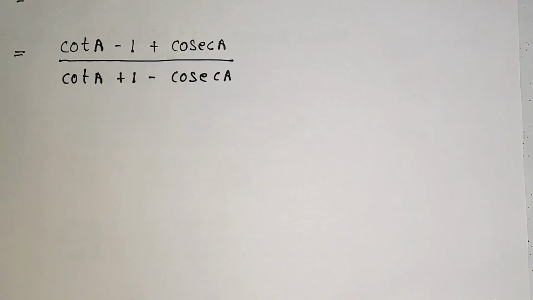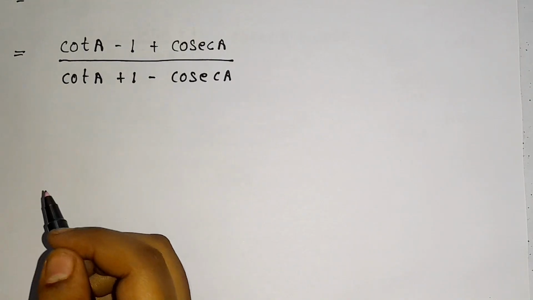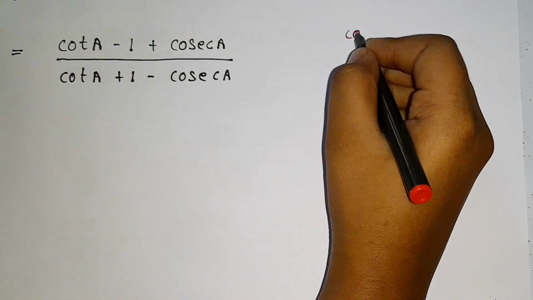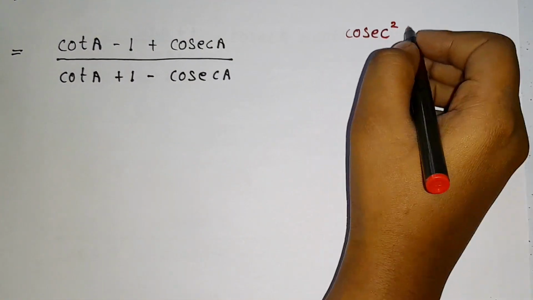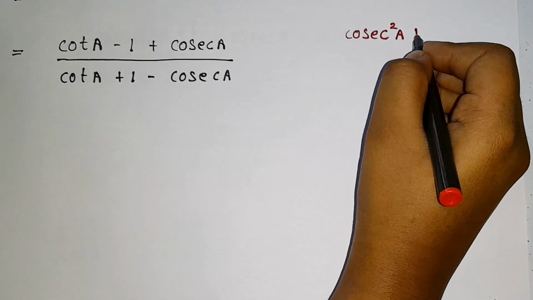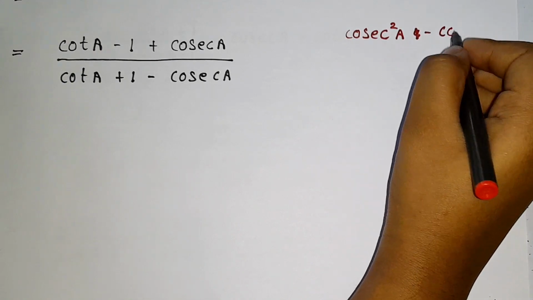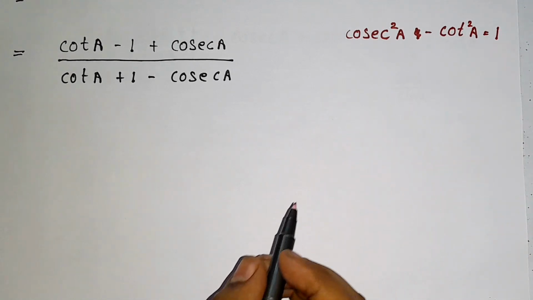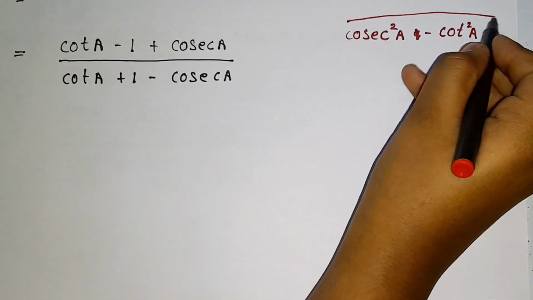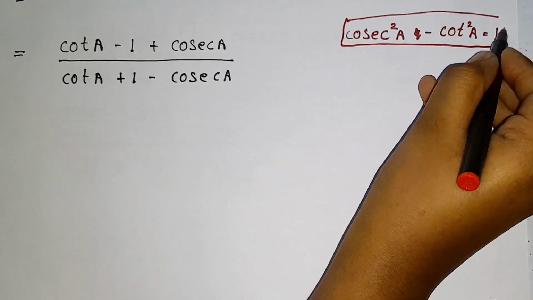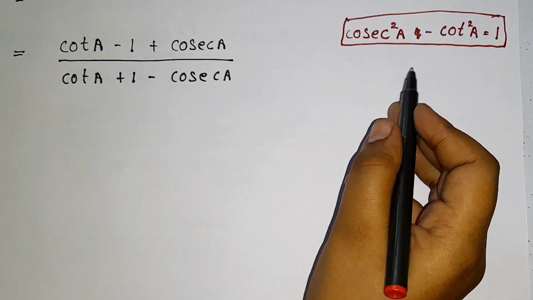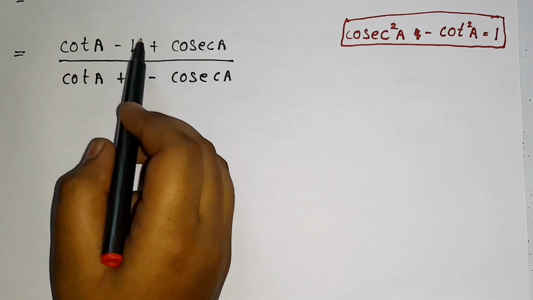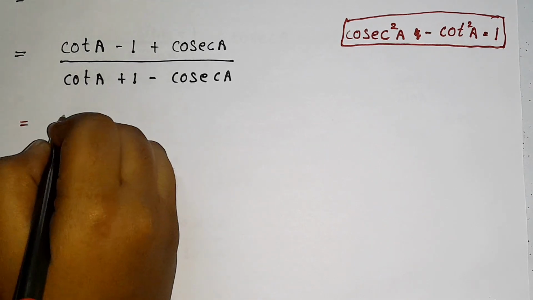Okay guys, when you look at this value carefully, here I can actually apply an identity. So what is the identity? Cosecant square A minus cot square A is equal to 1. So this is an identity. We can apply this identity in the place of 1, isn't it? So now let us apply that in the place of 1, is equal to cot A,